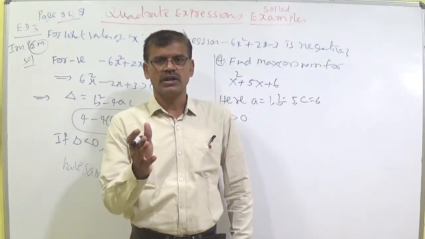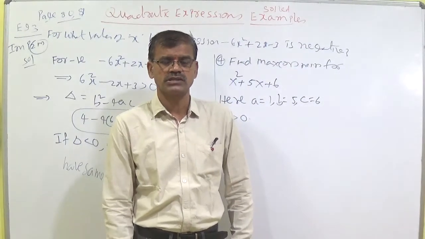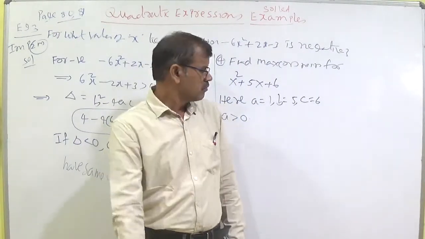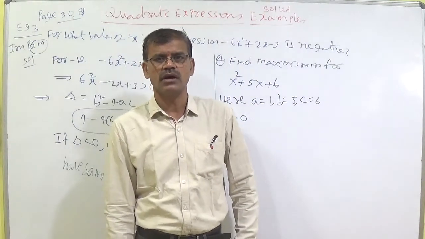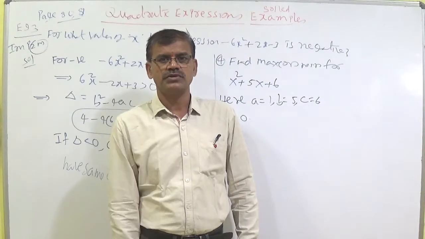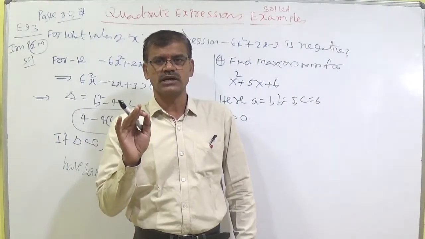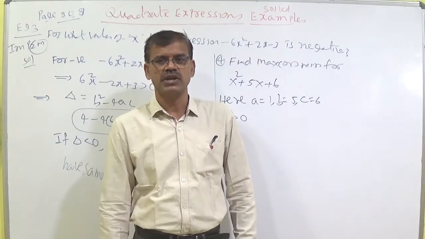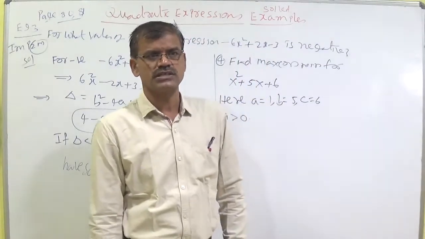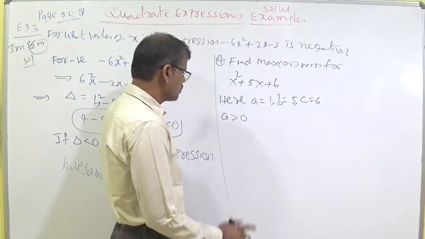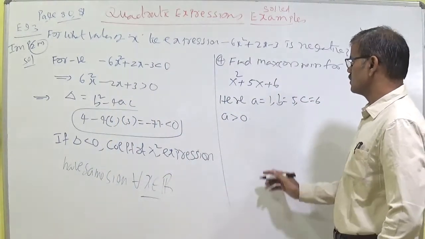We got that whenever you substitute x equal to minus b by 2a in the given expression, we get the value (4ac minus b square) by 4a. We got the max or min value. If a greater than 0, the second derivative is greater than 0, then the second derivative decides that it is minimum. When a less than 0, the second derivative decides that it is maximum. So a greater than 0 here, it is minimum.